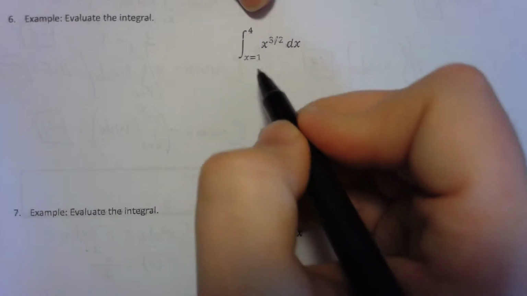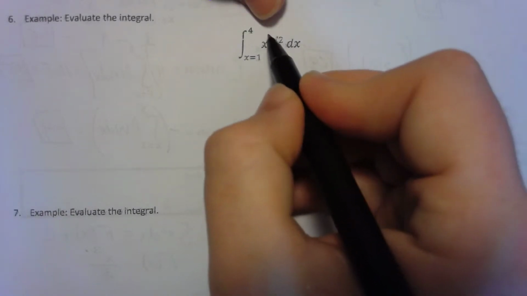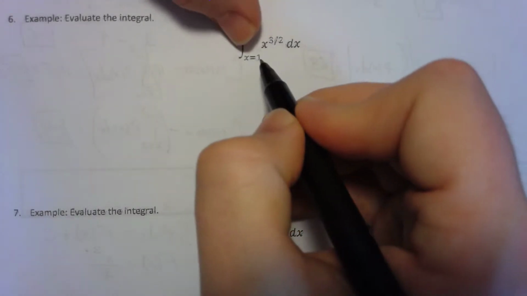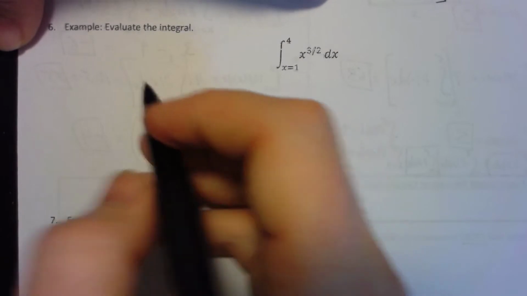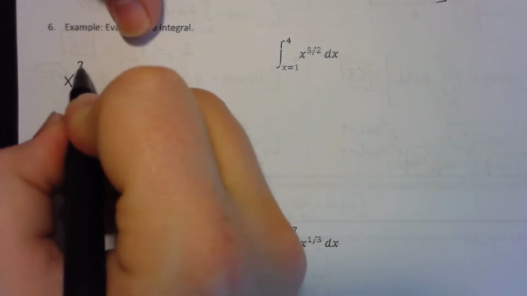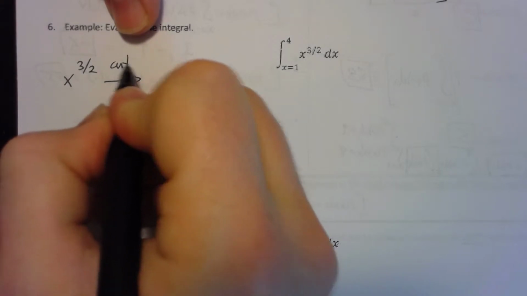Going from 1 to 4, the area under the curve of this object from 1 to 4, I have to again anti-differentiate, plug in 4, subtract from that, plugging in 1. So, when I do that, I'm going to start that over here, such that I'm looking at x to the power of 3/2 as my function. If I try to take the antiderivative of that,